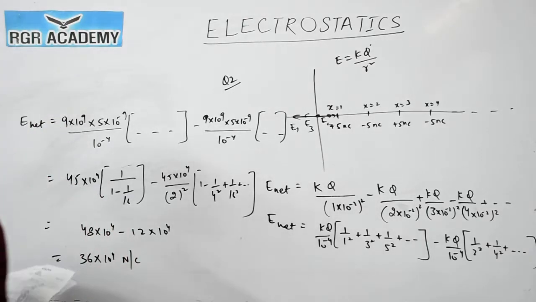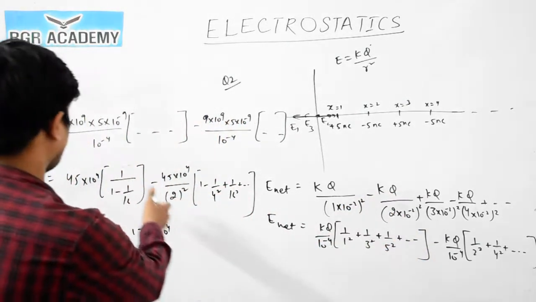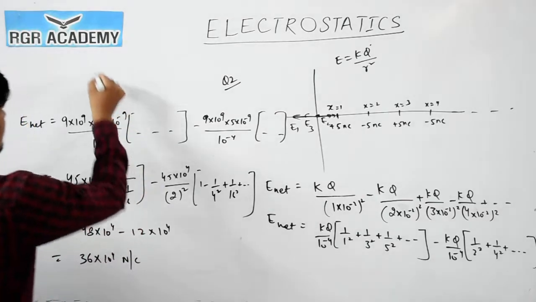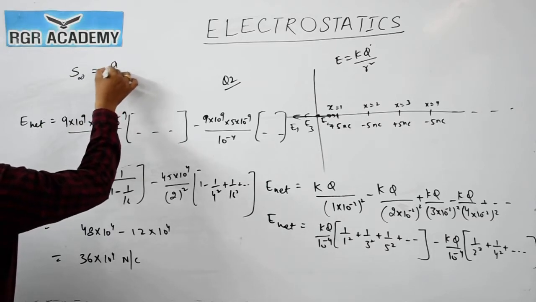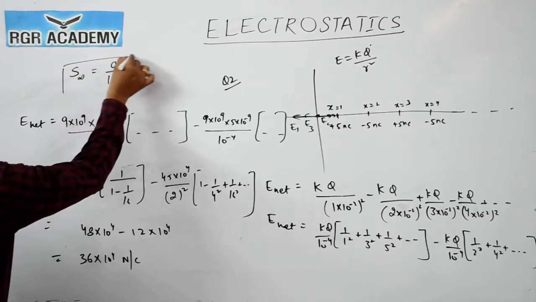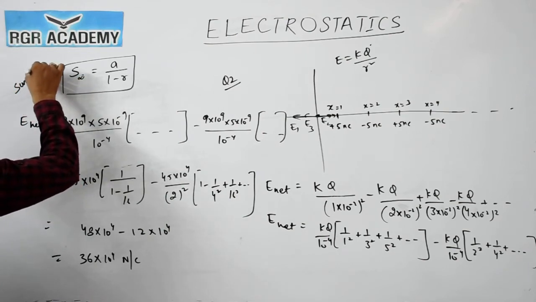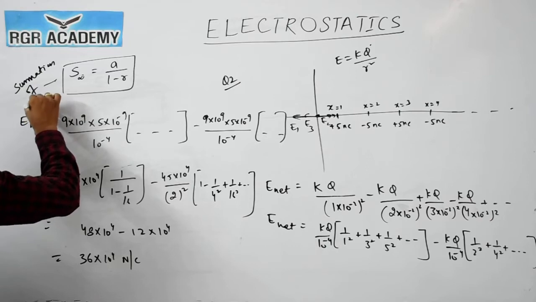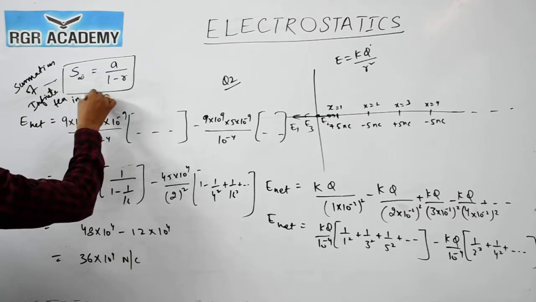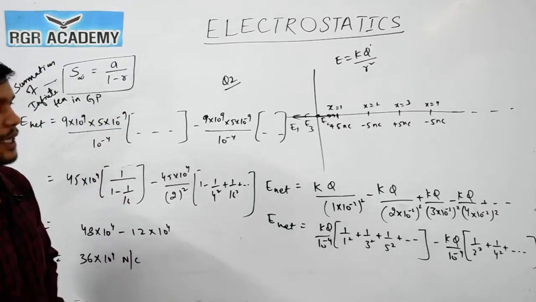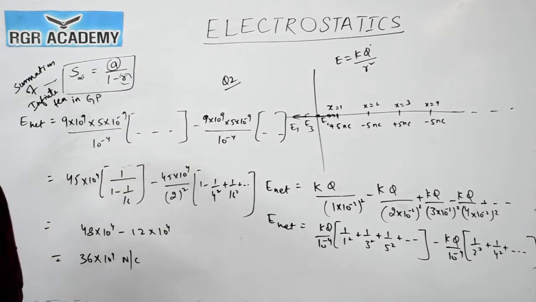Okay. So in this there is a calculative part actually. So we can distribute the terms, and we can use the summation of infinite terms of GP. Summation of infinite terms of GP is given by A by 1 minus R. GP means geometrical progression. So this formula you have to remember, A by 1 minus R, where R is the common ratio, A is the first term. Clear? Now we will move on to question number 3.